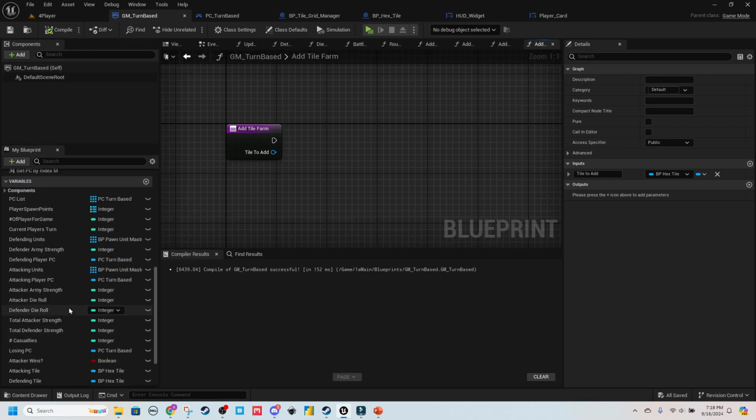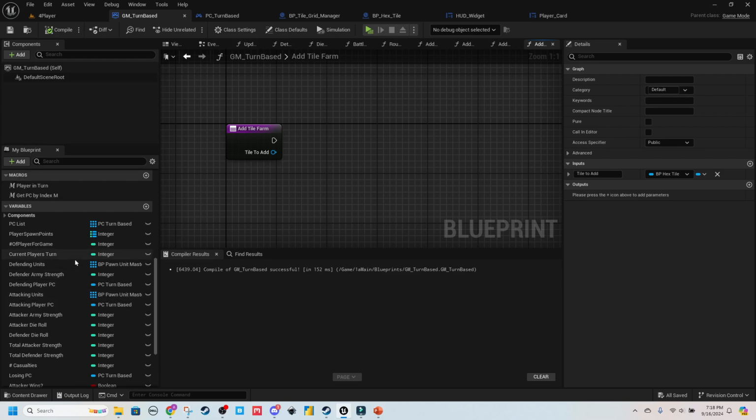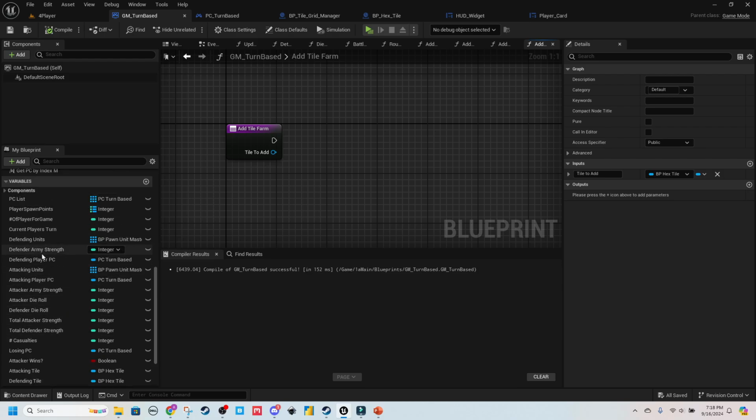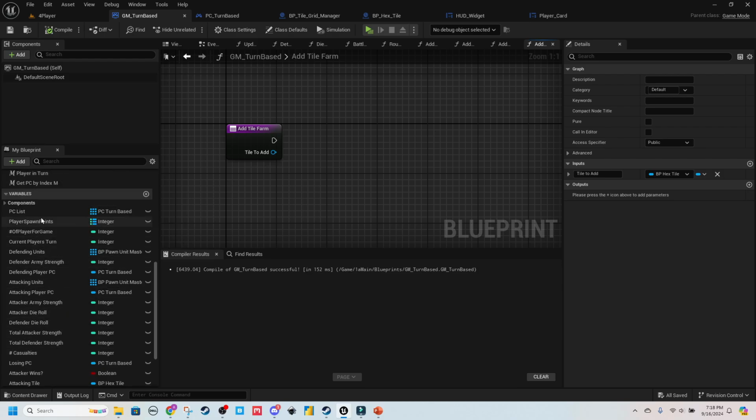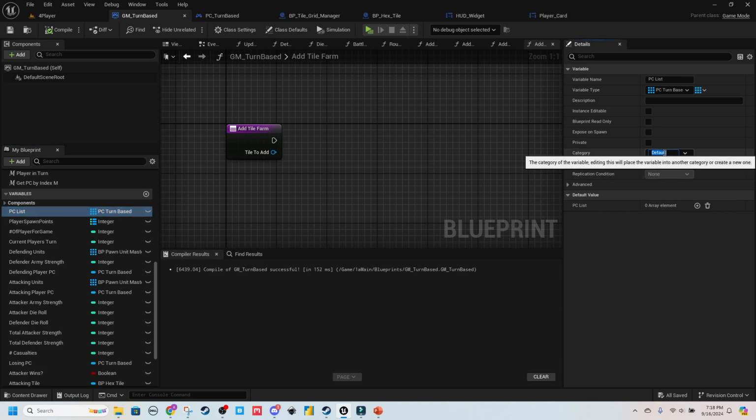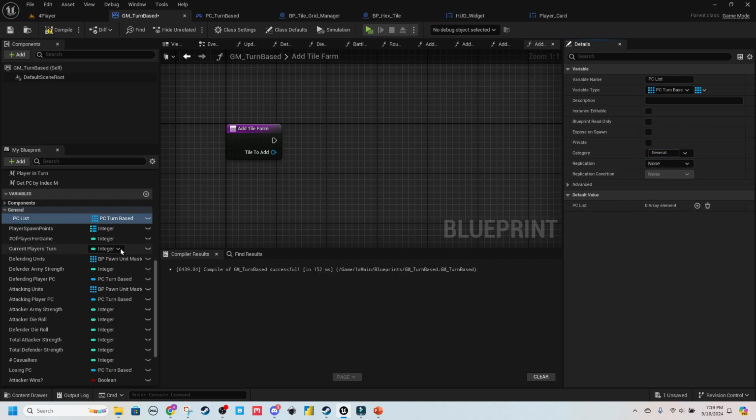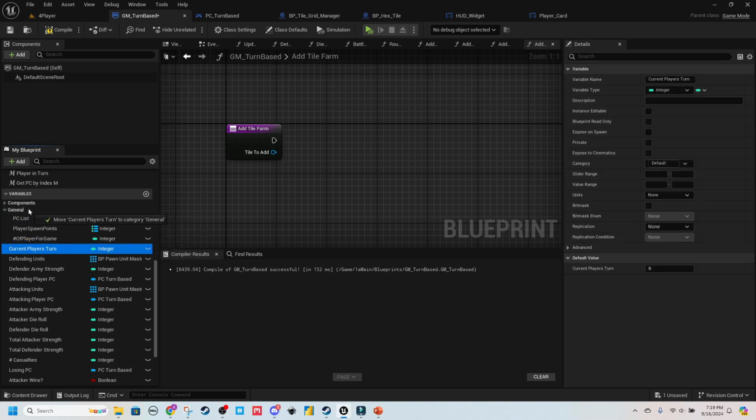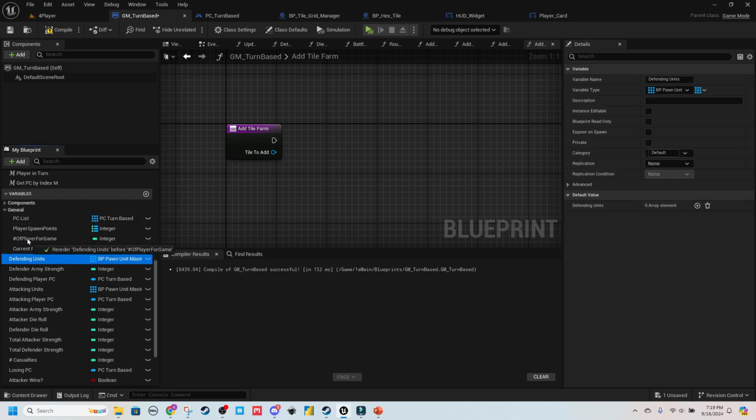Now we're going to need some variables. And we should look at decluttering some of this a little bit, so let's add some categories quick, just to keep this a little bit cleaner. We'll call this category general. So we'll put our player controller list into there, our spawn points, number of players in the game, current players,